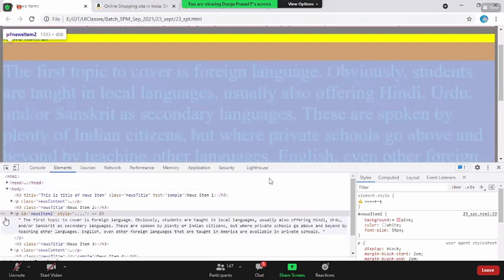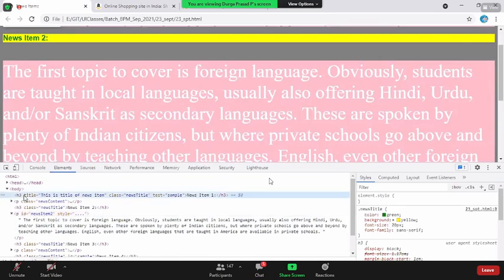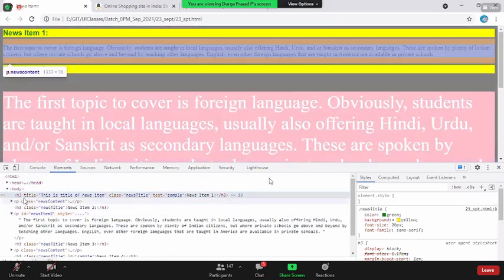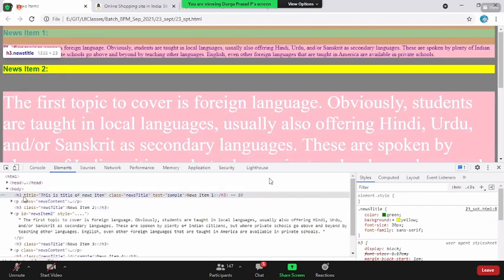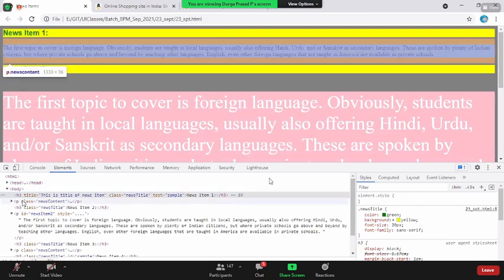And not only this, I will go to the H3 tag. If you see, when I don't know what the H3 tag is, whenever I mouse over it, on the top it gets highlighted. Whenever I'm mousing over the paragraph tag, automatically on the top it is highlighted, so that you can get an understanding that this HTML is responsible for that look and feel.